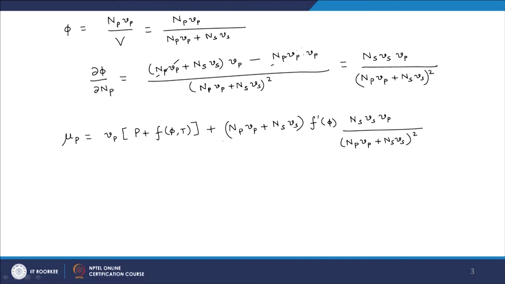So, again we have a cancellation here, and what we get is, I am sorry, we have written as f of phi, T here, but since we have taken T to be constant, it is simply f of phi. Again the idea was simply to have a convenient representation, but the equations will hold even at a different temperature. And then we have f prime of phi multiplied by n_s V_s